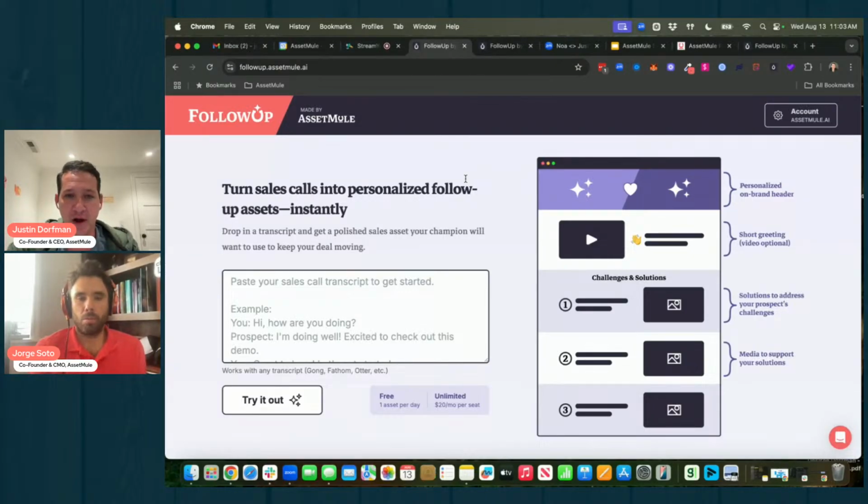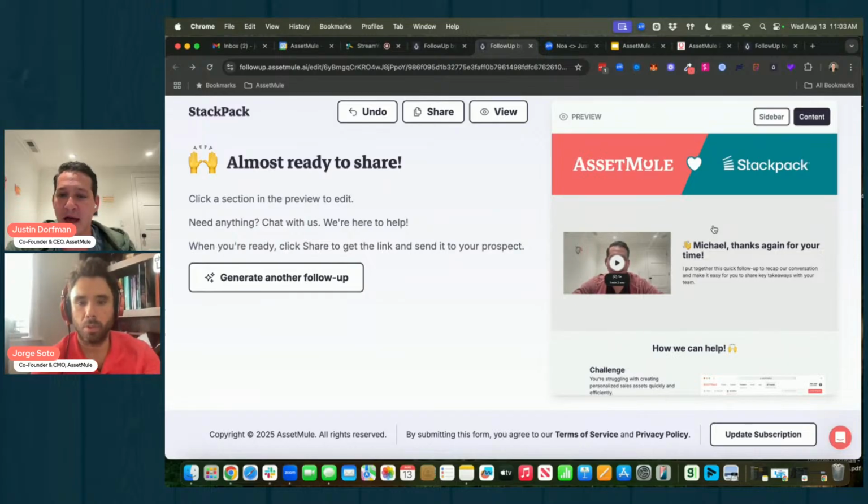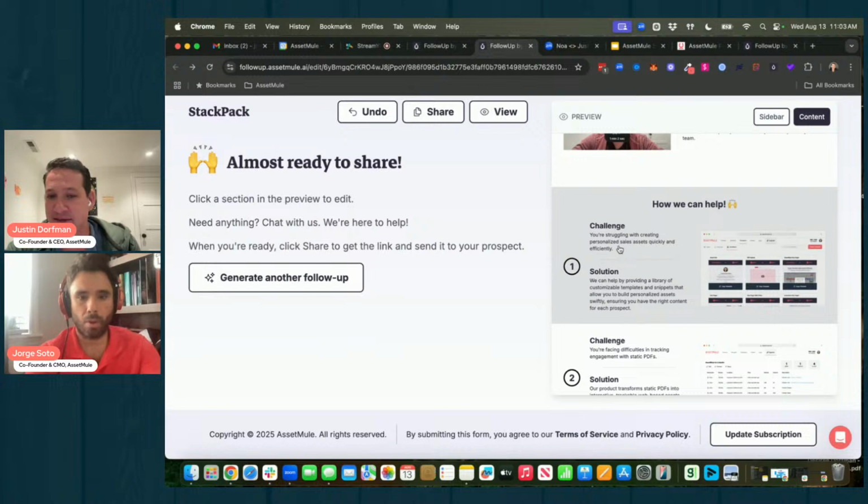So what we do with FollowUp is we allow you, the sales rep, to paste in your call transcript from that call and immediately generate this follow-up asset. This is an example here where I pasted in a transcript for a prospect, or actually this is a customer of ours, but just as an example, let's say StackPack is a prospect, and you'll see in seconds what's been generated here is this co-branded page that again is specifically speaking to the challenges that they shared on the call,